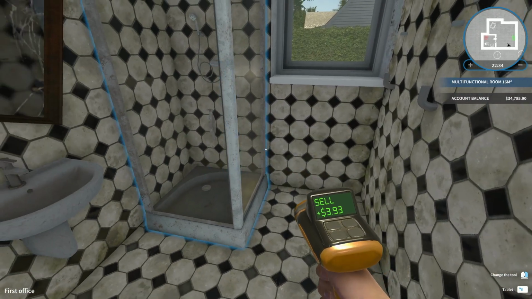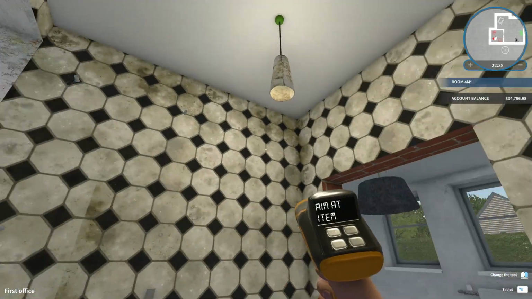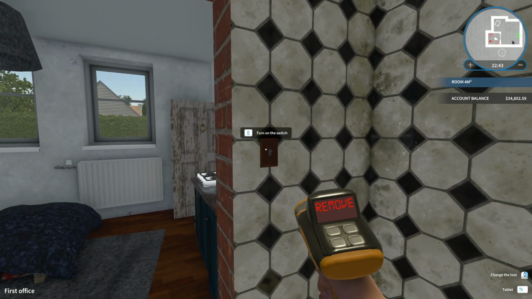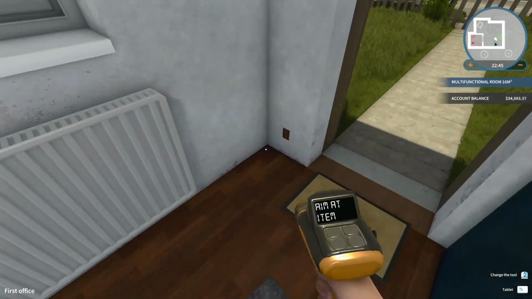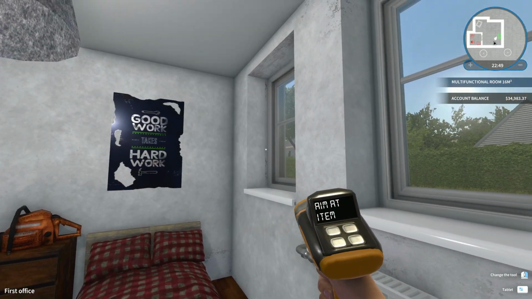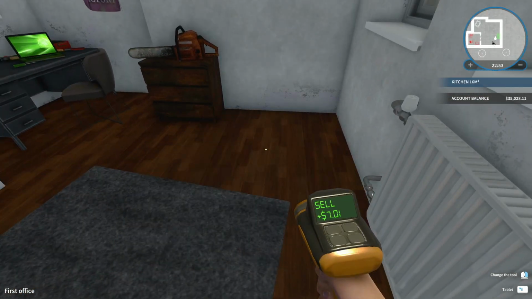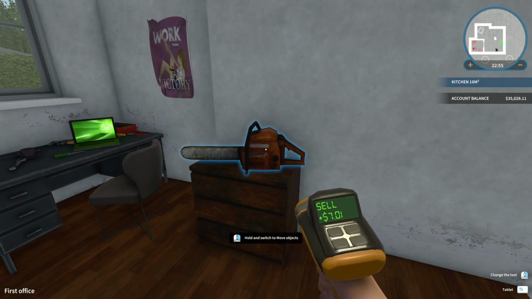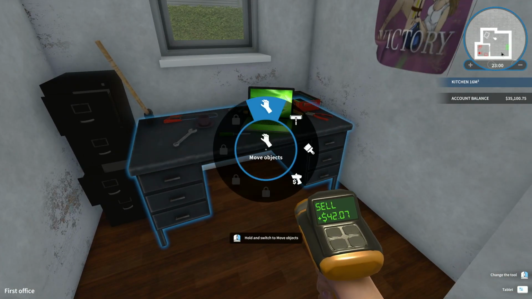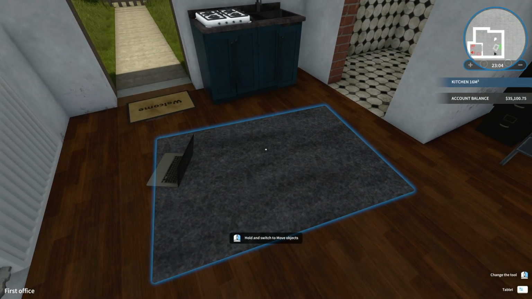So first things first, I want to just come through and sell everything. I mean everything. I don't want to keep a single thing in this house. Let's get rid of all the light fixtures, get rid of the gross front door, any outlets. We can keep the radiator. That's something that we just recently installed, but like this poster, this light, the bed, chainsaw, let's get rid of that. We won't use that. And let's get rid of literally everything. I mean the desk, the tools, all of it. This rug,